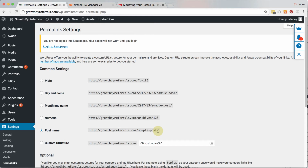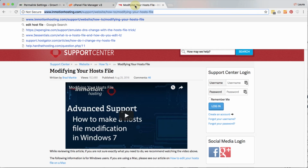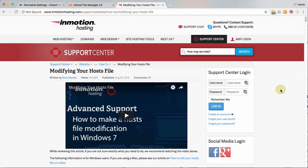Okay, so what we're going to do next is modify what's called our hosts file. This is the file on your computer that allows you to tell your computer where to go when you type in a URL. Most people rely on external servers to do this for them. But I'm going to bypass all the external servers and say, no, I want to go directly to the new server, not the old server anymore, because I haven't changed any records, just to check to make sure everything looks okay